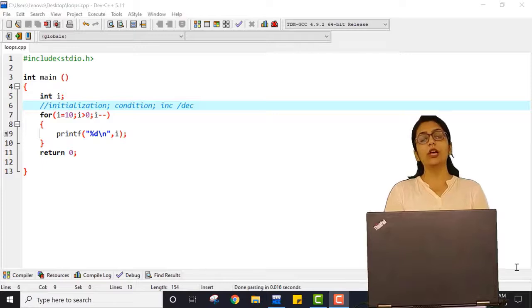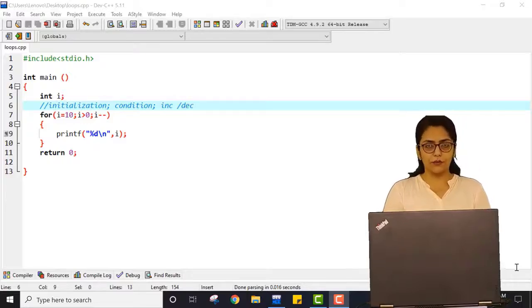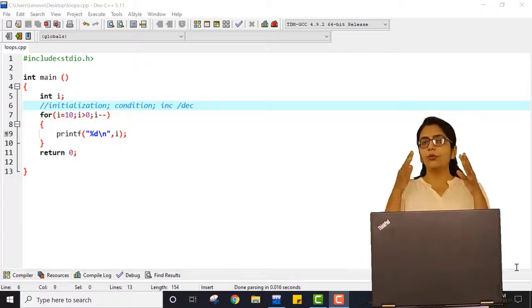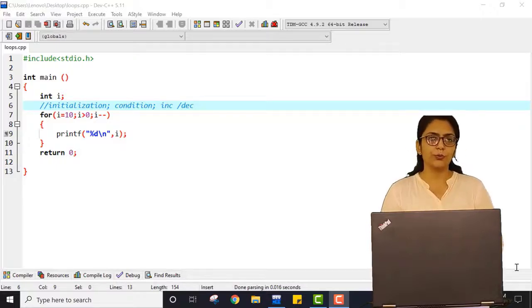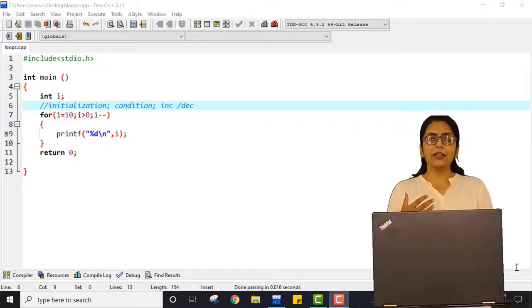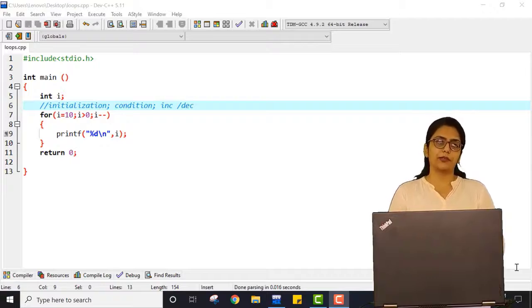We were talking about loop statements. We have already covered the for loop, and what the syntax of the for loop is. You can see it over here, right? This is all about the for loop: initialization, condition, and increment and decrement. And you know why we should use loops. We have already seen one example in which I was using the printf statement repeatedly. At that time I showed you that if you use a loop, then the code can be more efficient and optimized.